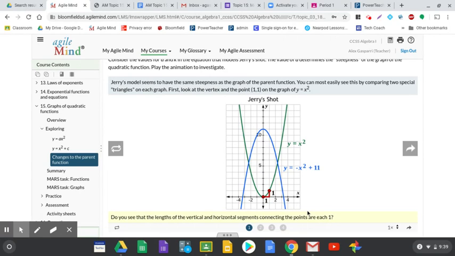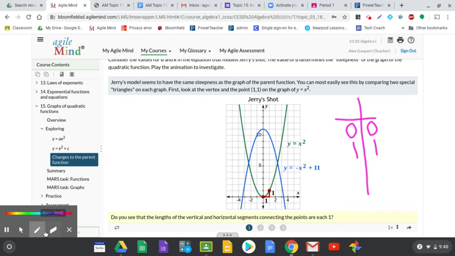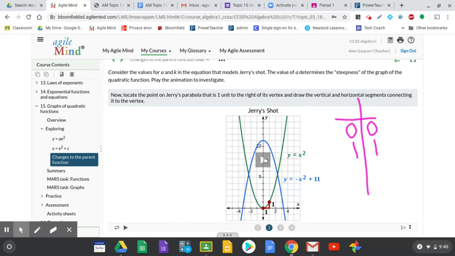Okay, so if you were making a table, your first point would have been the vertex, which is 0, 0, and your next point on the parabola is 1, 1. Your next perfect point, I should say. So if you go to panel 2 and you click play,